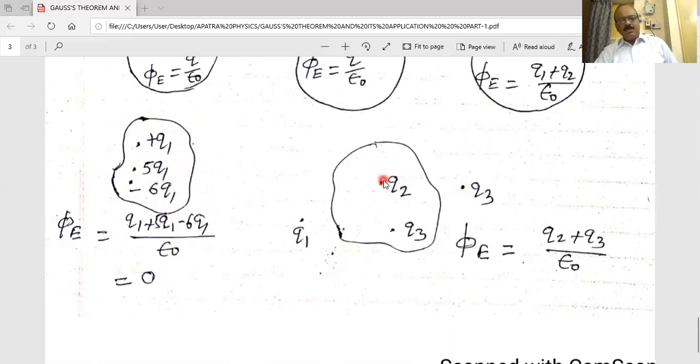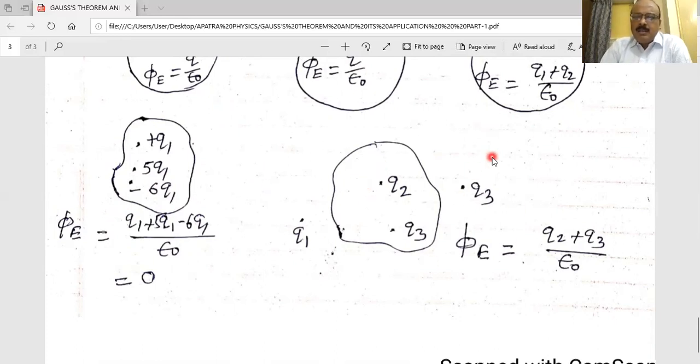In our previous lessons, we know the electric flux may be positive or negative. In this case, the positive flux, that means the outward flux that comes out from the plus Q1 and plus 5 Q1 charges, is equal to the incoming flux due to the minus 6 Q1. Total flux 0 does not mean no field lines pass through the surface. Incoming flux and outgoing flux are both the same, therefore the net flux is 0.